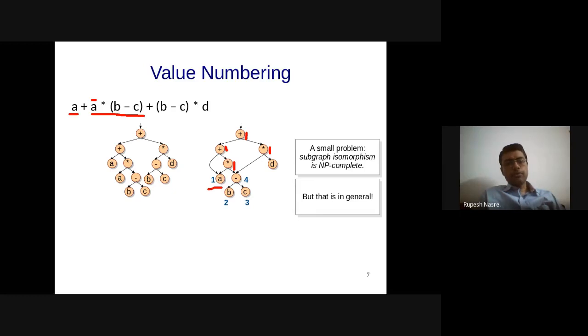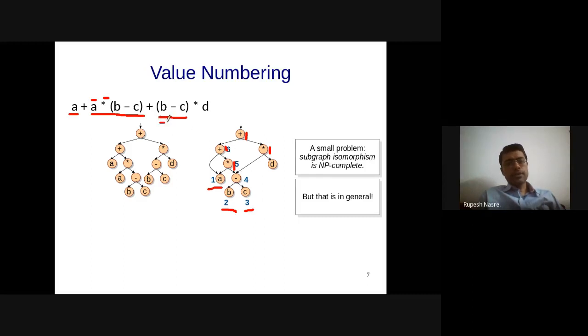From here you move to B minus C, then you come to A star, so you need to talk about star, and that gets the value 5. After that again B minus C comes. At this stage you get the B, which is 2, then you get C, which is 3, and then you look for whether there exists a minus containing this 2 and 3, and indeed it exists, and therefore you return that, and that turns out to be 4 again.